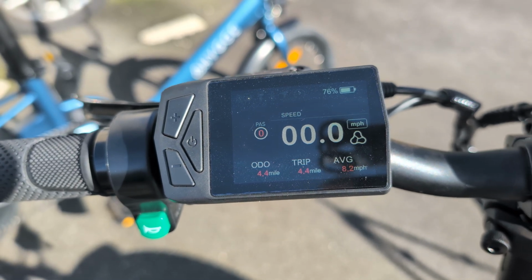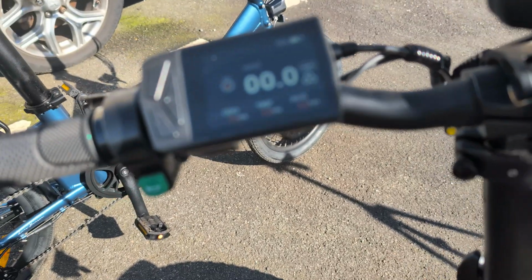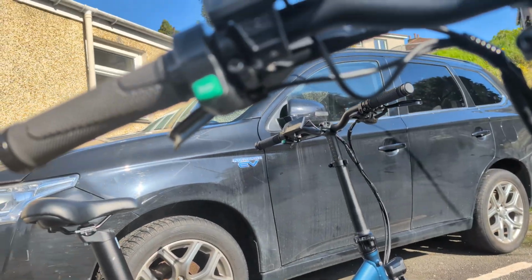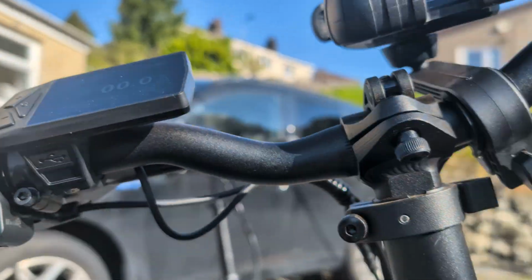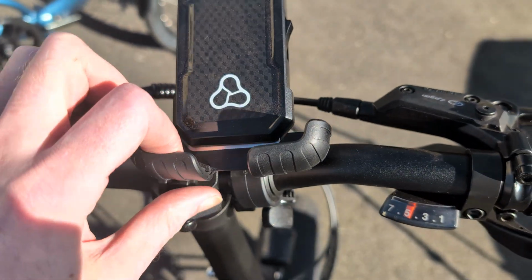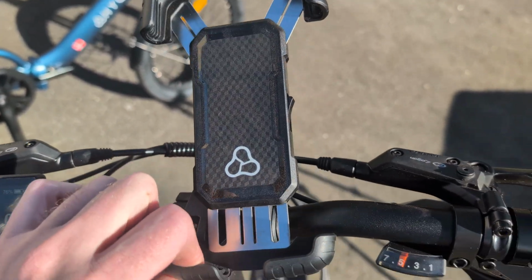Now, it does have a USB port. Alright, which I didn't see on the bottom here. I like the horn button. Yep, and it sounds like plain open. It does a little bit, oh yeah. USB port, I presume, for charging your phone in the ridiculously expensive phone holder. My God, this is £25 for...